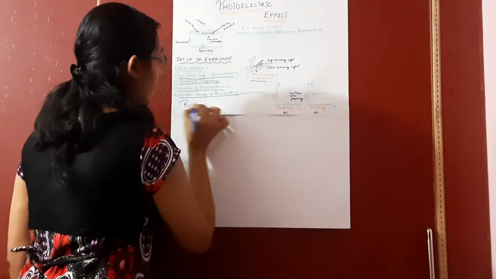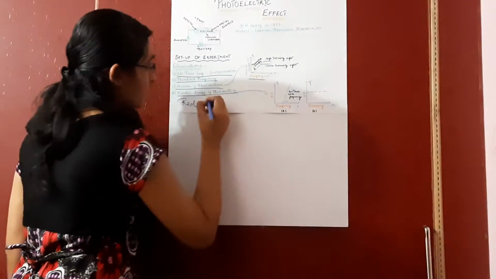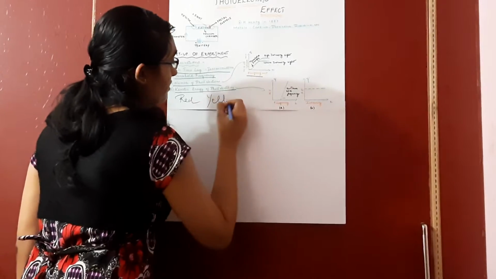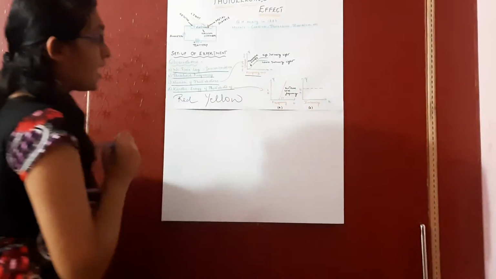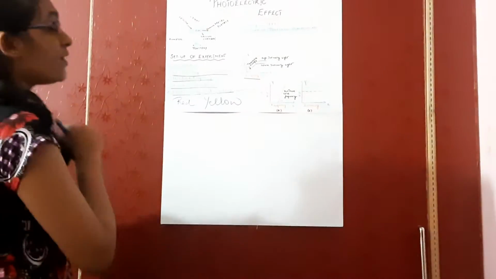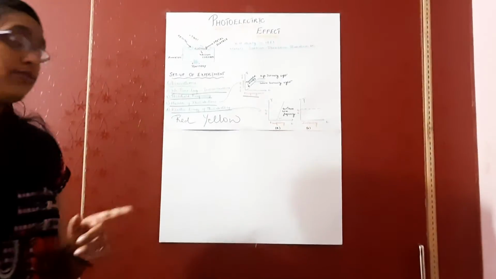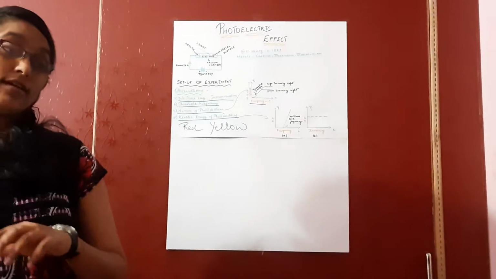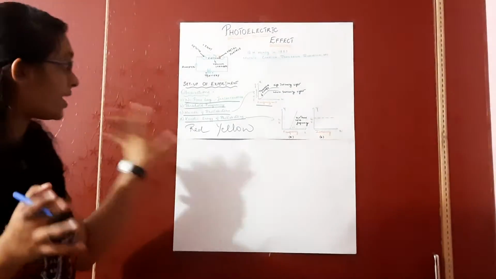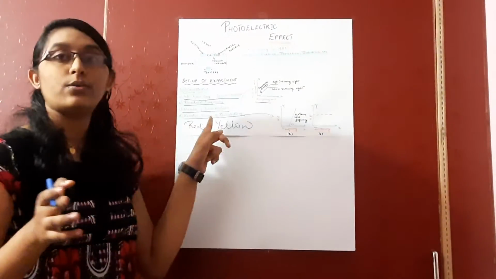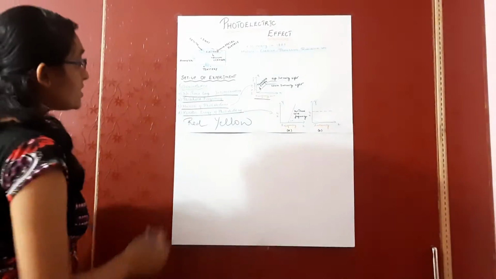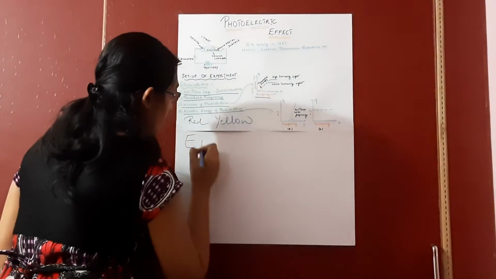when it strikes the metal surface of potassium. But yellow light has the greater frequency and hence the photoelectric effect is possible when yellow light strikes the potassium metal. And thus we can conclude that the threshold frequency of potassium metal is greater than the threshold frequency of red light, but it is less than the threshold frequency of yellow light. Now let us see what Einstein told about